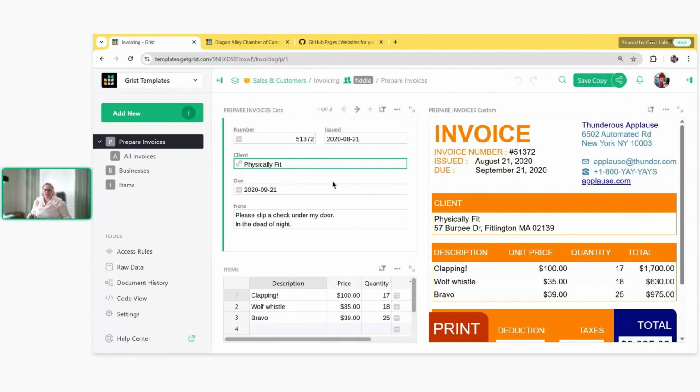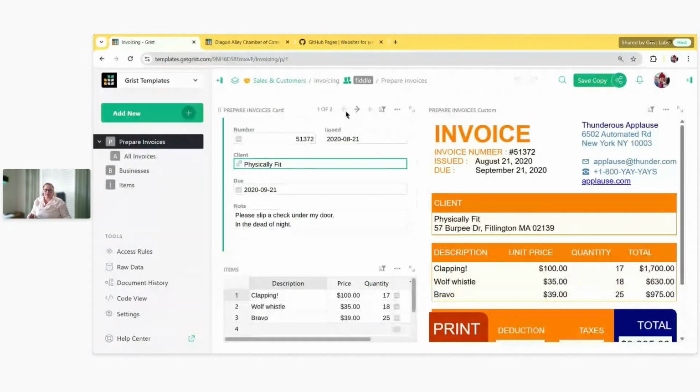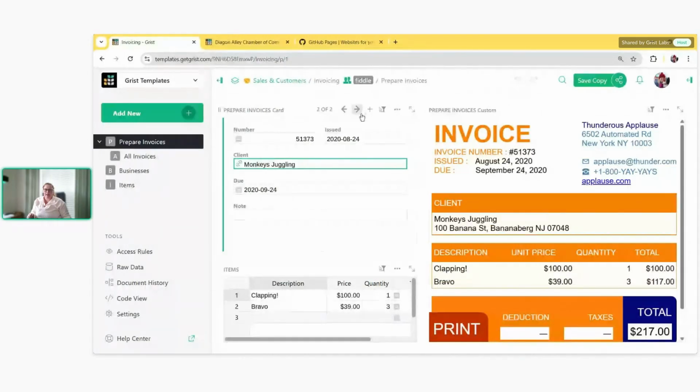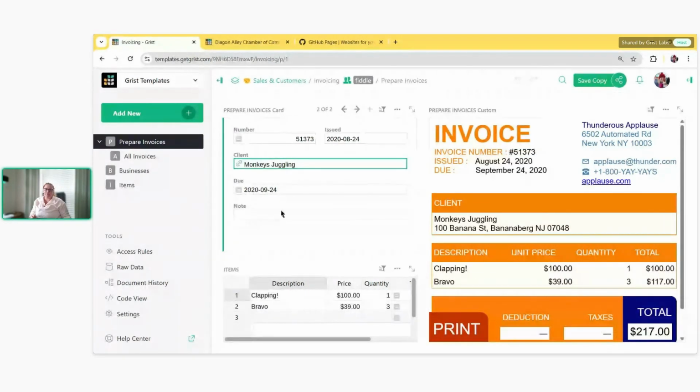Here allows us to select an invoice. Now I'll switch between the two invoices using these arrows, but watch how this custom widget here on the right updates. So you see that the client information changes, the items all change, and of course, the values based on the information in this invoices card and